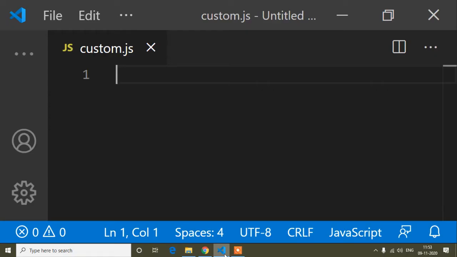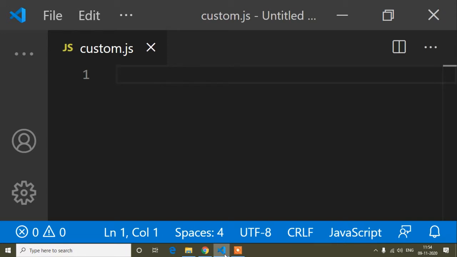Hello guys, today I will discuss array.length. So array.length is very useful and every time we use the array.length property. First of all, I will create an array, and after that I will show you two examples: what is the use of array.length and what we can do using array.length. Okay, so then it will be easy to understand.